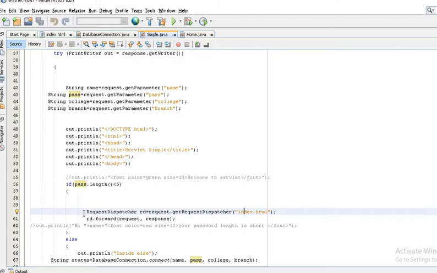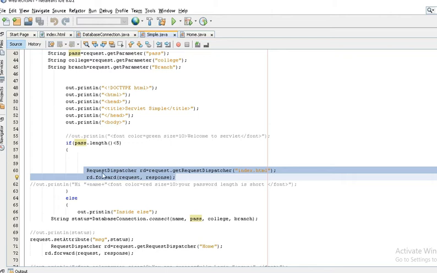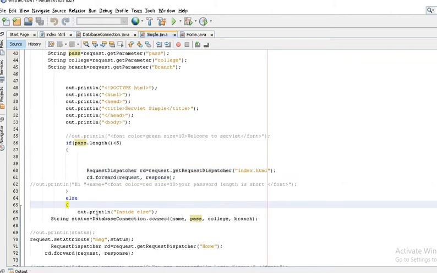right? Dispatcher is used to transfer your control from one page to another page, right, on the basis of some logic. What that is totally depends on your logic, what you are trying to implement in your page. If the password length is greater than 4,